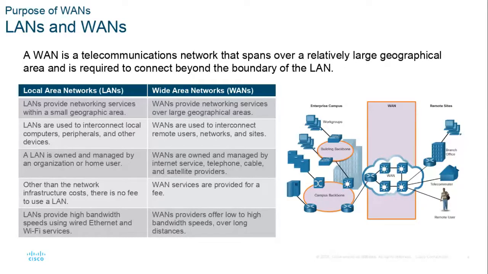So WANs are used to connect LANs. We use a WAN provider to connect our LANs at the South Campus and the Trinity River Campus together, where we have a data center at the Trinity River Campus that has all the servers for all the functions of the company. We used to have servers everywhere. We used to have a server in our business building for our own use. But that all got moved to the data center because it's all our eggs in one basket type of technology.